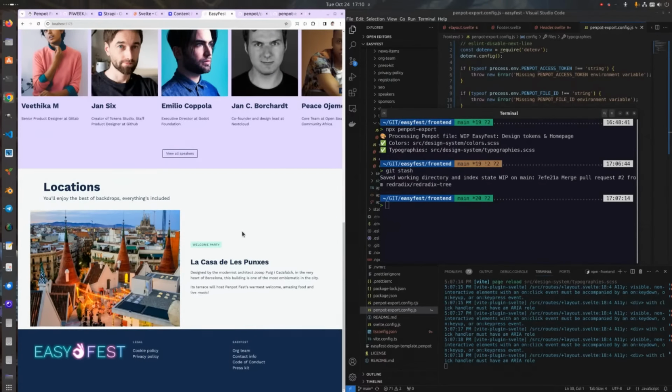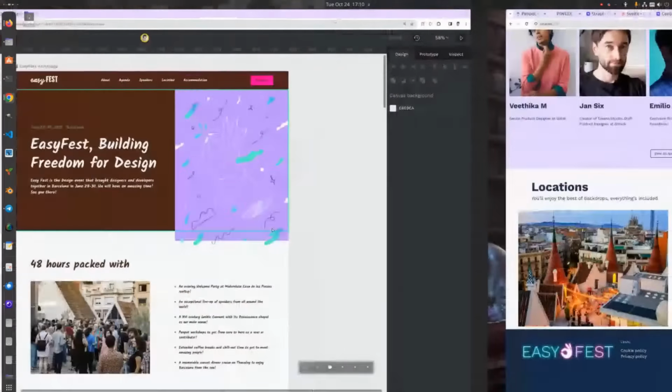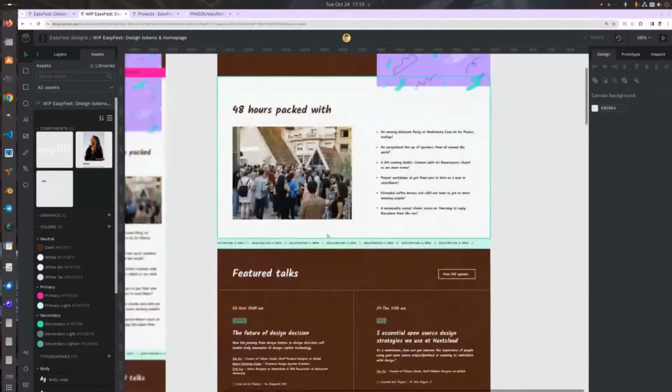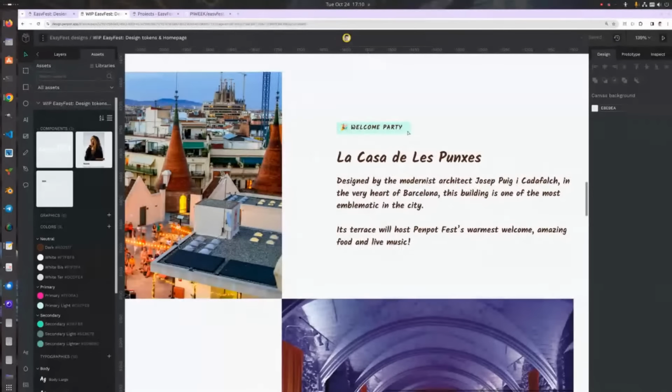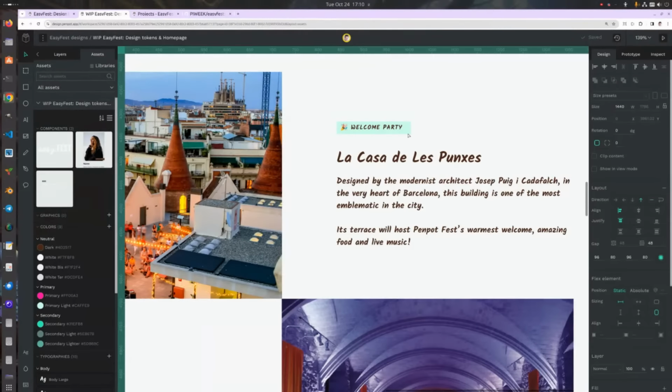By the way, what you're seeing on Penpot is a mock-up. What you're seeing here is the real content, and we're not taking the design mock-up into this Svelte yet. So here you see a background color, welcome party. If I come here, these are optional modules. Here you can see this. So this one is using